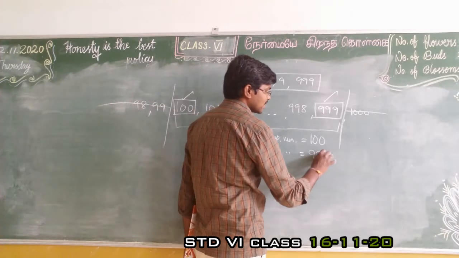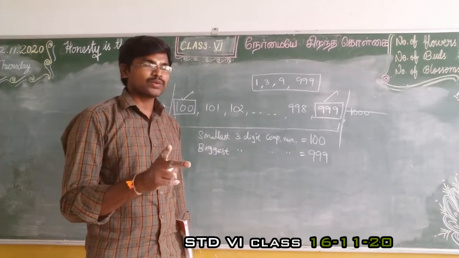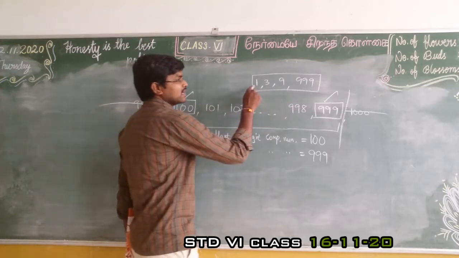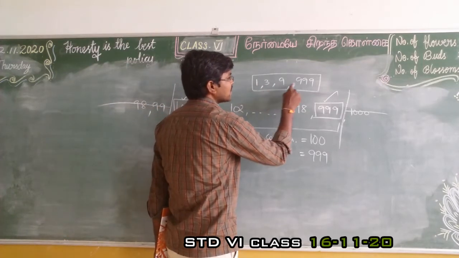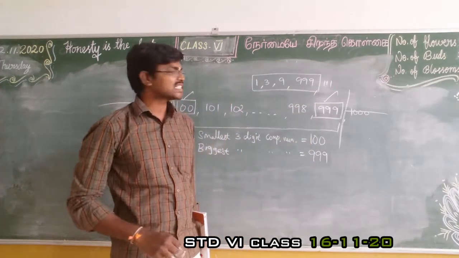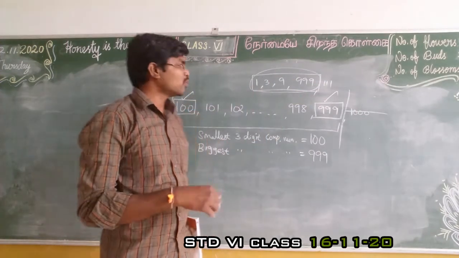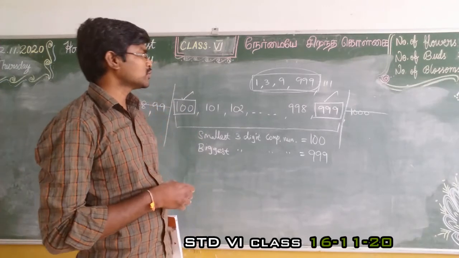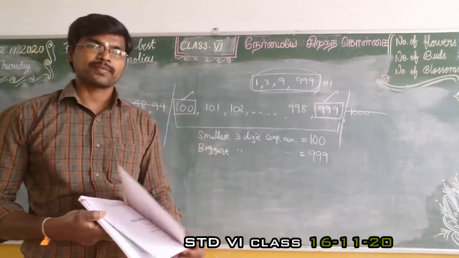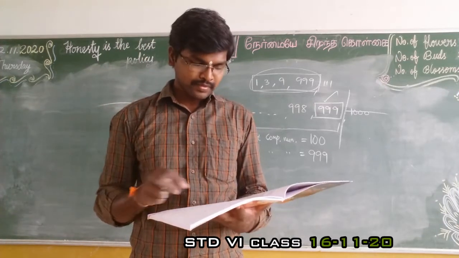So 999. Okay. Prime numbers have only two factors: one and the same number itself. But see here, the factors are 1, 3, 9, 999. So you know, triple 1 la divide பண்ணலாம். So possibilities இருக்கு. Just simple consider பண்றப்பவே it has more than two factors. So directly we can see the answer, that is 999. Okay, right.